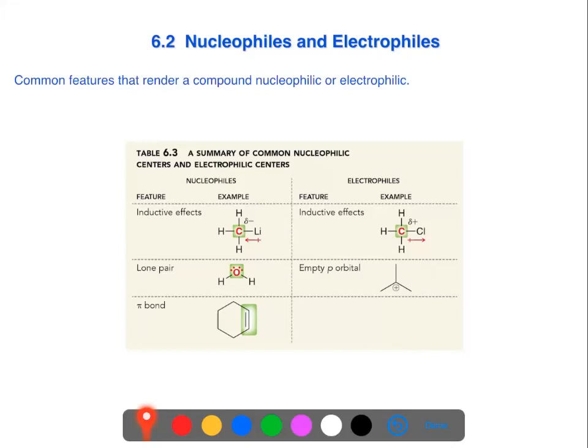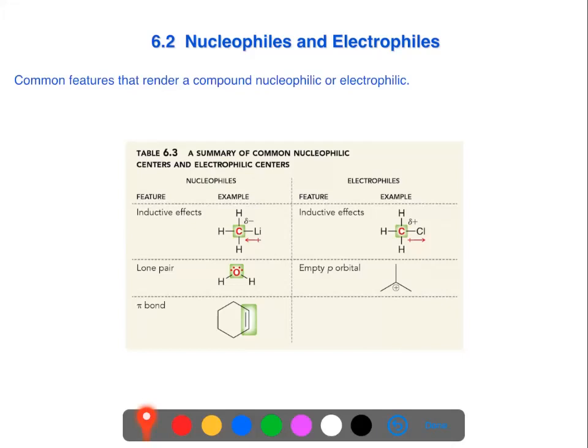So when you have 2 molecules reacting, we have to decide which of those 2 molecules is most likely acting as the nucleophile and which molecule is acting as the electrophile. It's very important because the nucleophile will be sharing its electron density with the electrophile. And as we've seen previously, we'll use our curved arrow formalism to show that